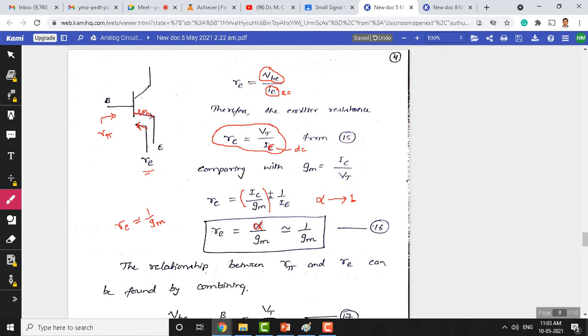So now we have other expressions, formulas for this Re. Re in terms of Gm, we have 1 by Gm, since alpha's ideal value is going to be 1. So therefore this Re is inversely proportional to the Gm. Many times we expect Gm to be larger, so you can expect the value of Re to be small. Gm for a transistor is a